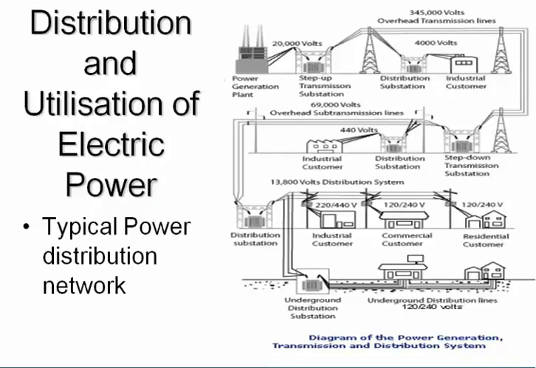So in terms of your generator, it generates power at medium voltage. You have a transformer to step it up. Transmission lines transmit at higher voltages. Then you have a step-down transformer, transmitting at sub-transmission voltages, medium voltages, then distribution substation to distribution lines. Then you have pole-mounted transformers for medium voltage to low voltage.